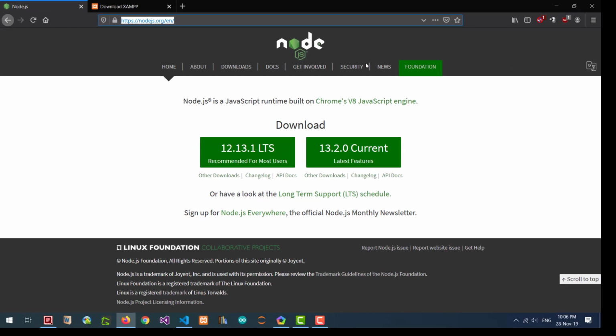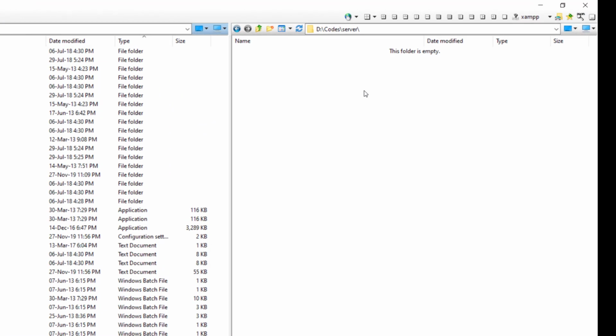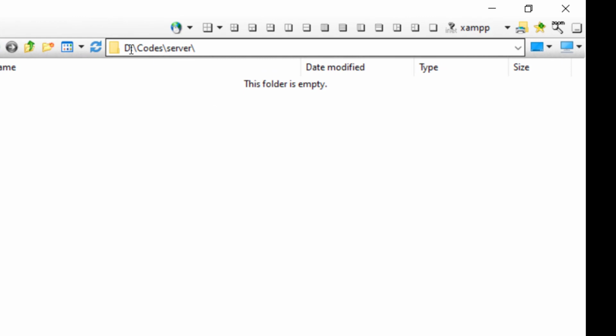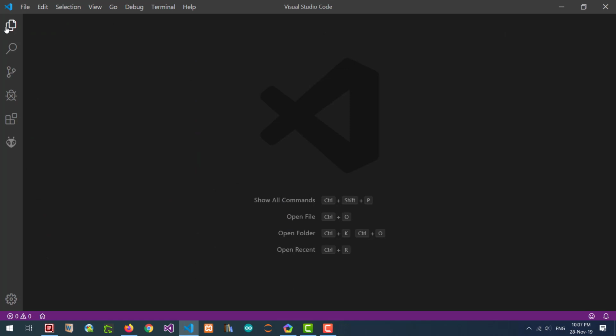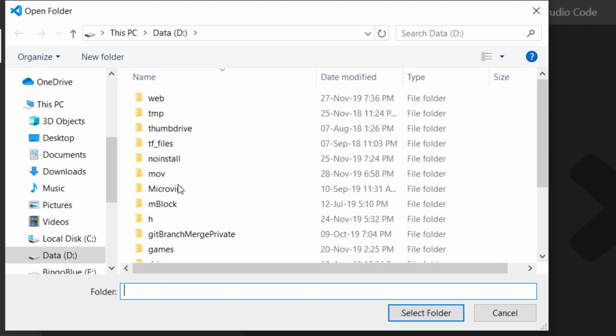Next, after the installation and the check is complete, and everything is okay, now you can create a folder in your drive. For example, here I am going to create the folder d:/code/server, and then I'm going to put the server code inside here. So I'm going to use Visual Studio Code to open that folder,